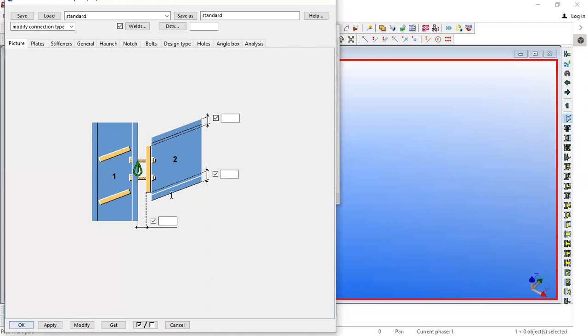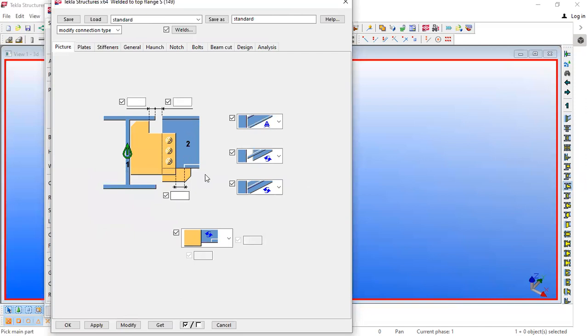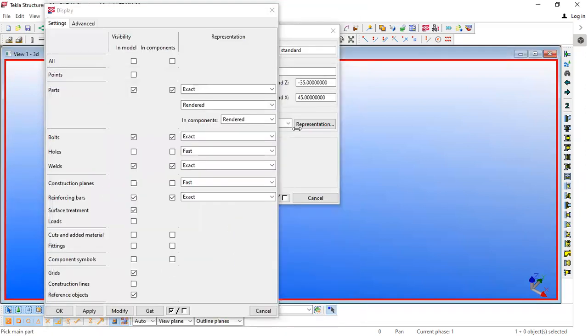Okay, connected part and connecting part. So the column is considered as the connecting part, and the beam will be considered as the connected part. So this is connected to the connecting part, right? So this picture explains you in all the connections. There is a picture given for more detailed explanation of that picking order. You can see here also there is a picture chart given, right? So this is how it goes.